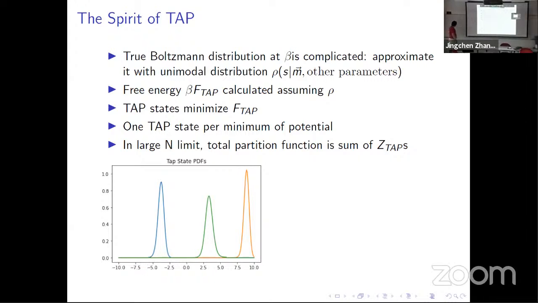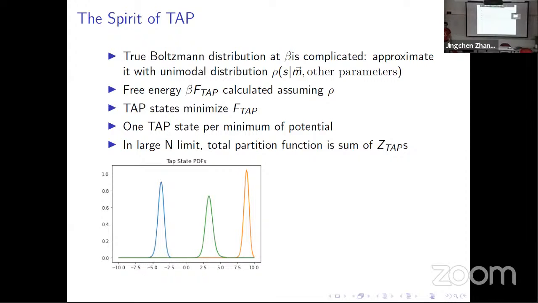And by definition, there are places, and we know that this is going to happen, that it's negligible when you're far from local minima, because if there was a path from one minimum to another, where along the whole way e to the minus beta h was large, then it would be easy to get from one local minimum to another. So ergodicity breaking is why we're allowed to have tap states. Ergodicity breaking is why we can say, hey, look, we can just expand the energy around this one local minimum, and then there's no substantial amount of probability mass far from any local minima in sort of the border zones.